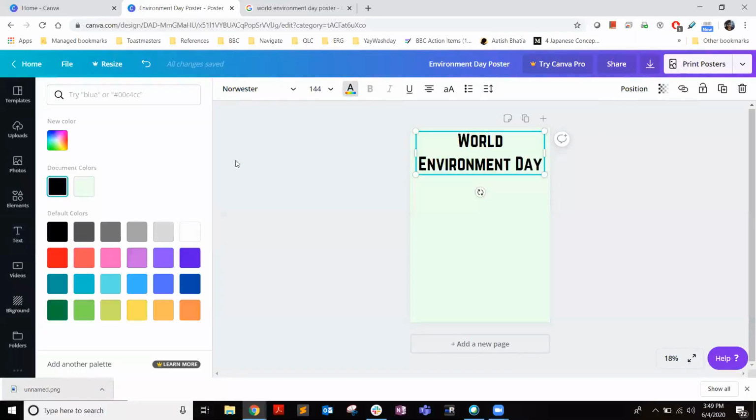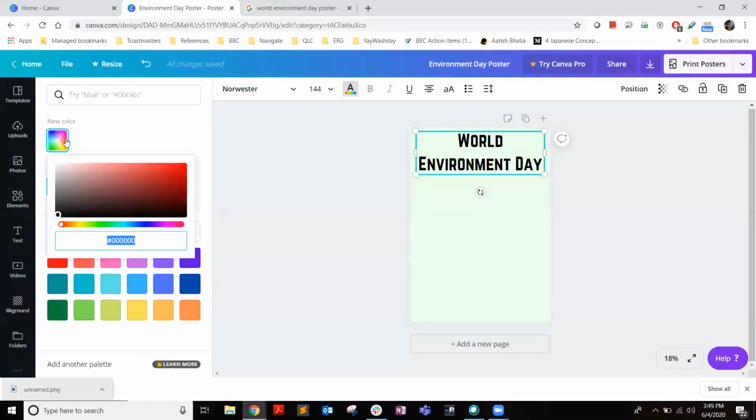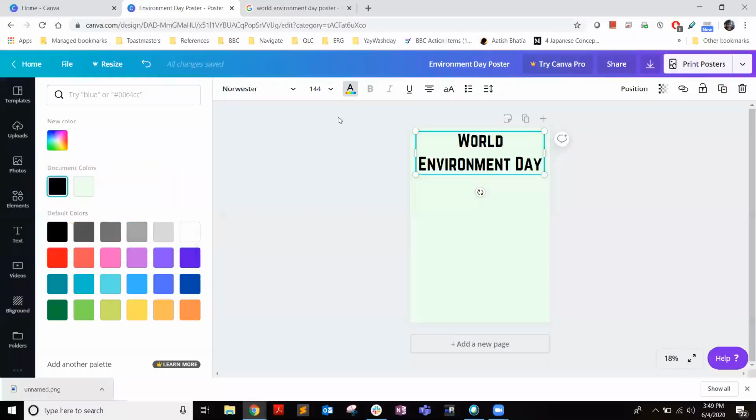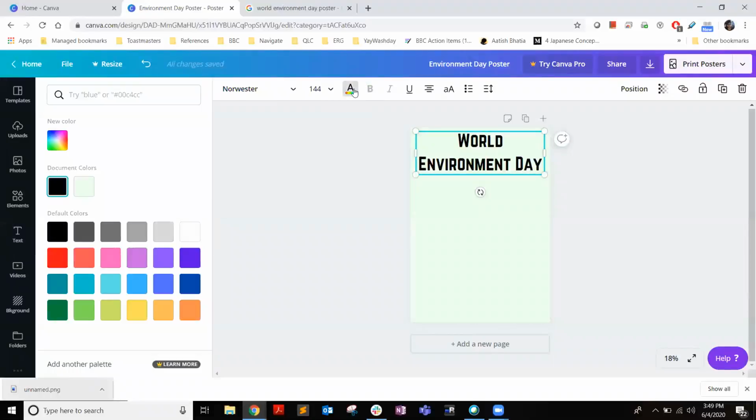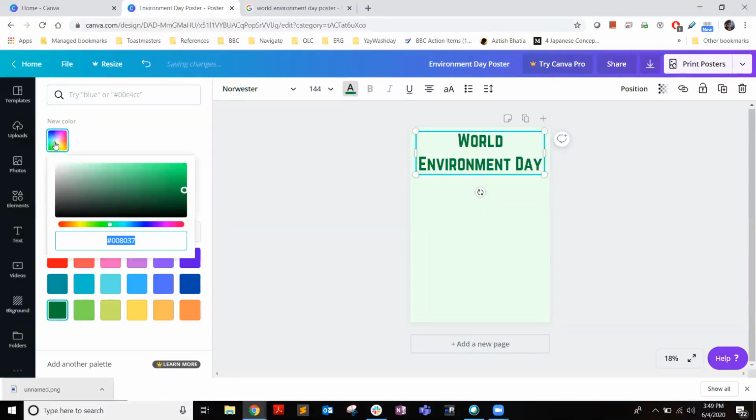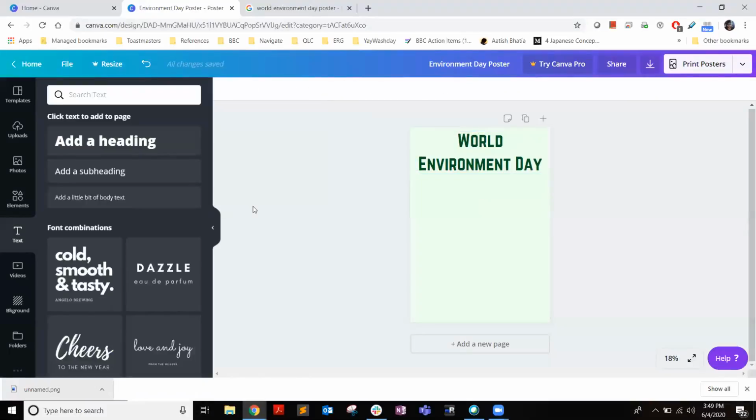So once this is done, I'll also set the font color. So for World Environment Day, I'll choose a very dark version of green. This is similar to how you chose the background. So you select the text, go to font color, this A, then we choose a green color and we move to new color and we make it dark. To make it dark, we will pull it down here. We don't want to make it black like this, neither completely green like this. We'll keep it toward the darker end here. Right?